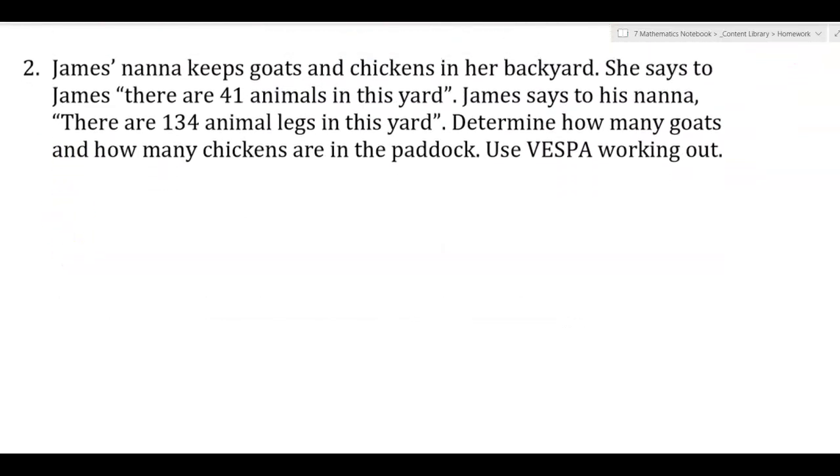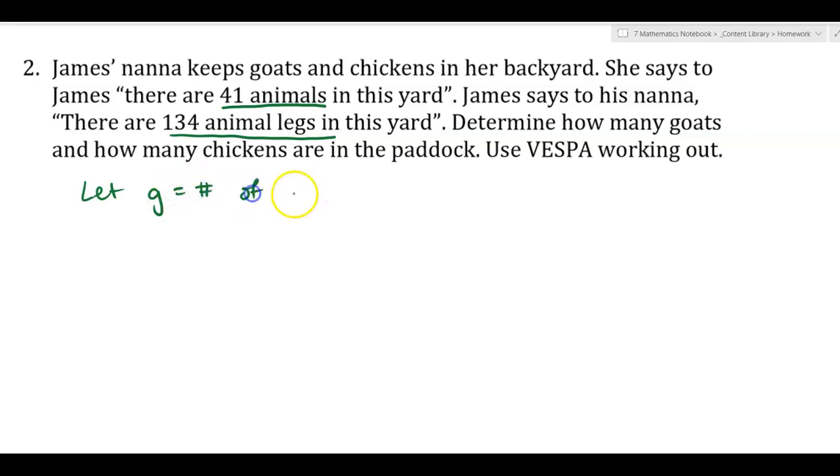Okay. James's Nana keeps goats and chickens in her backyard. She says to James, there are 41 animals in the yard. James says to his Nana, there are 134 animal legs in the yard. Determine how many chickens and goats are in the paddock. Use Vespa. Okay, what should we define our variable as? Let G equal